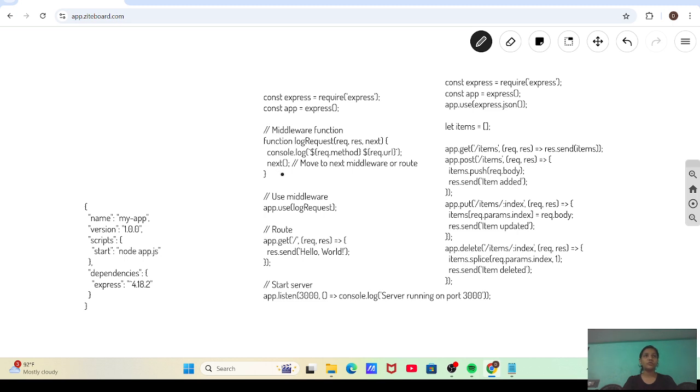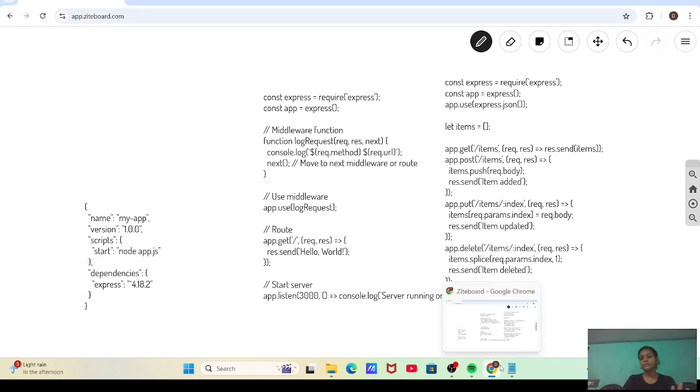Next moves on to the next middleware or route. Use app.use to log the request in the middleware function. Then the route for URL slash starts the server. When we get the root slash, you can show hello world. This is how the middleware function runs.